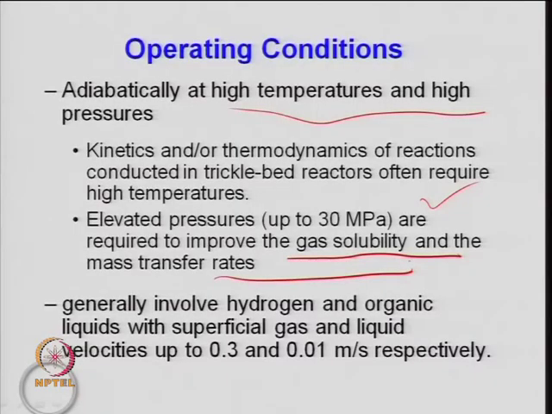Size of that catalyst will change, and also change the mass transfer rate at the surface of the solid. So, we will talk on that a little later. Generally the reaction involves hydrogen and organic liquids, as I said, like kerosene. So, you are removing sulfur from kerosene, something like that. Or this is wet air oxidation, when I was talking, the phenol compounds from the waste water are to be removed.